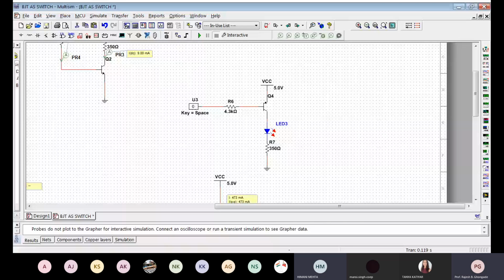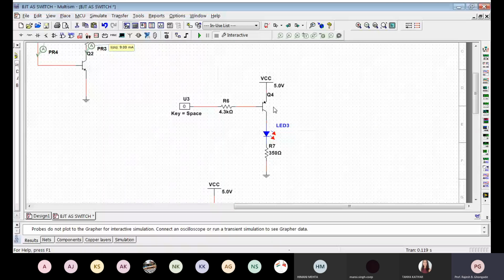Okay, so somebody asked yesterday what will happen if we use the PNP device as a switch. So here is what we can do, and that is such a kind of circuit. You can see here this is a PNP device and the emitter is connected to VCC. Load is in collector as usual. We have already calculated the value for the base resistor, and if I run this simulation, you will see that